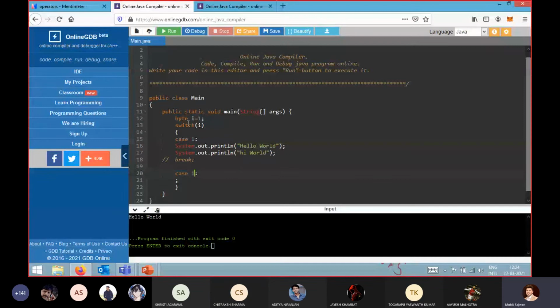I am not saying that in the future they cannot introduce long. Let's assume in the future they feel that now that much amount of cases are required, even in order to solve a problem, then in the latest version they will introduce even the long data type too, okay, like this.